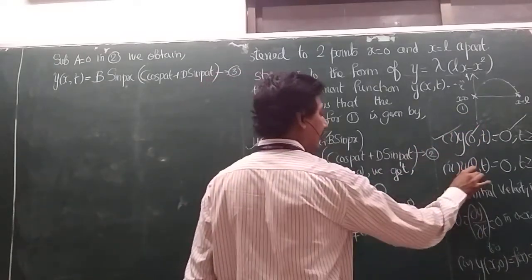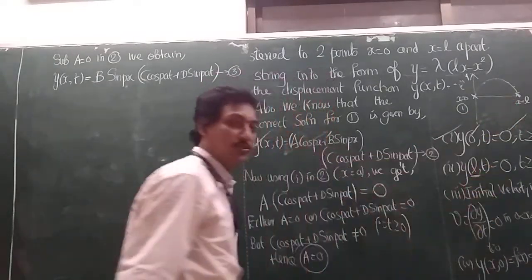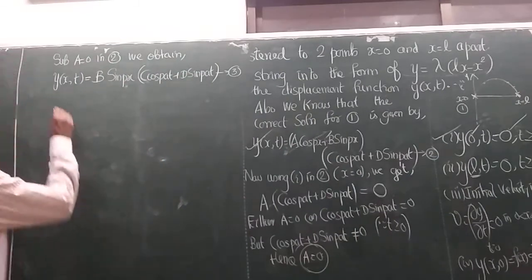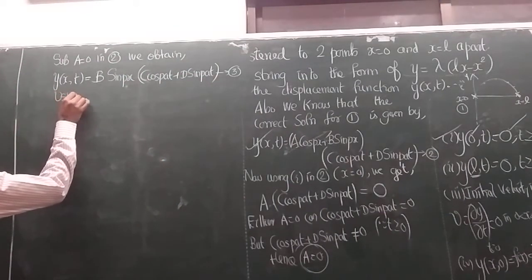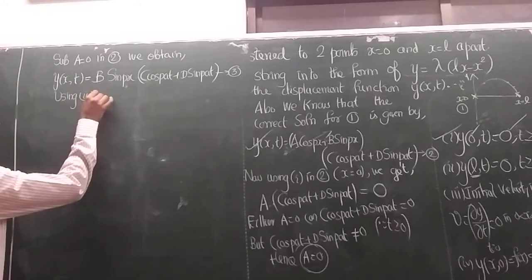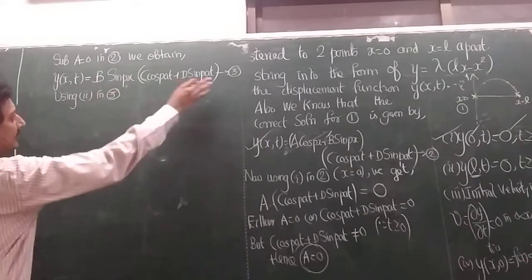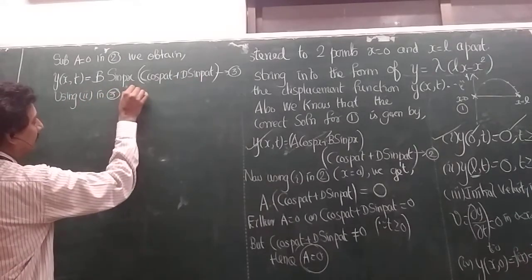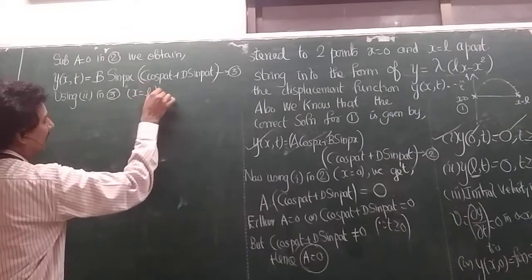Now the second one: at x equal to L, the displacement is 0. Now using the second boundary condition in the latest displacement function, equation number 3, by putting x equal to L, we get